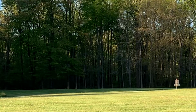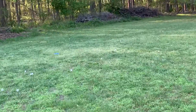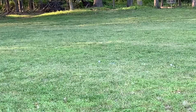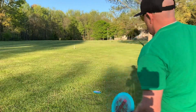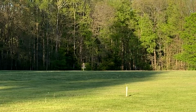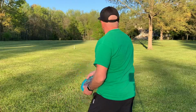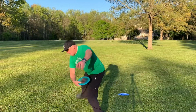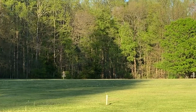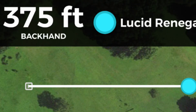They do straighten pretty easily, and again, we're just lobbing these first shots, and they all landed pretty close to one another. Not too sure of the distance on this one. Probably threw them like 280 feet. All right, here we're going to get a hold of a few of them and see how they fly on a little bit of a harder snap. And if you put a lot of hyzer on them, they do stand up. You see here that we got 375 kind of max flight out of that